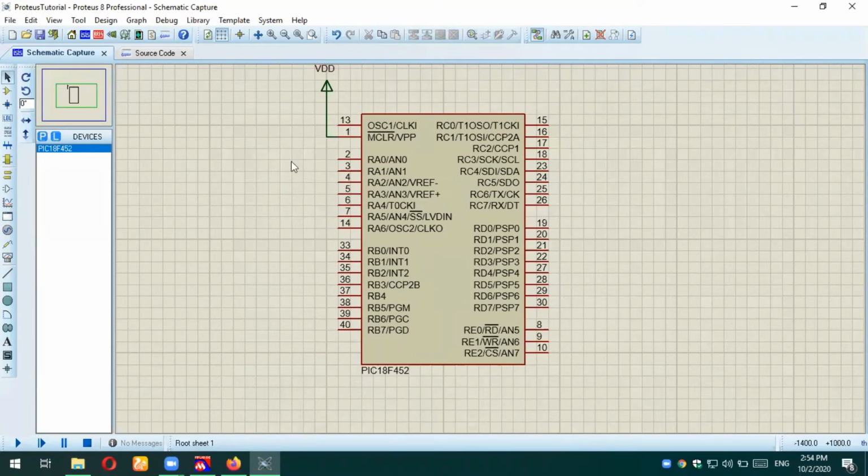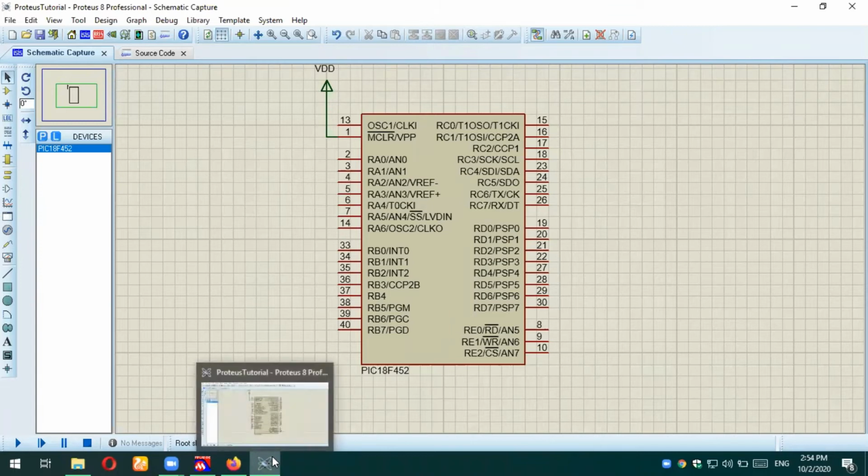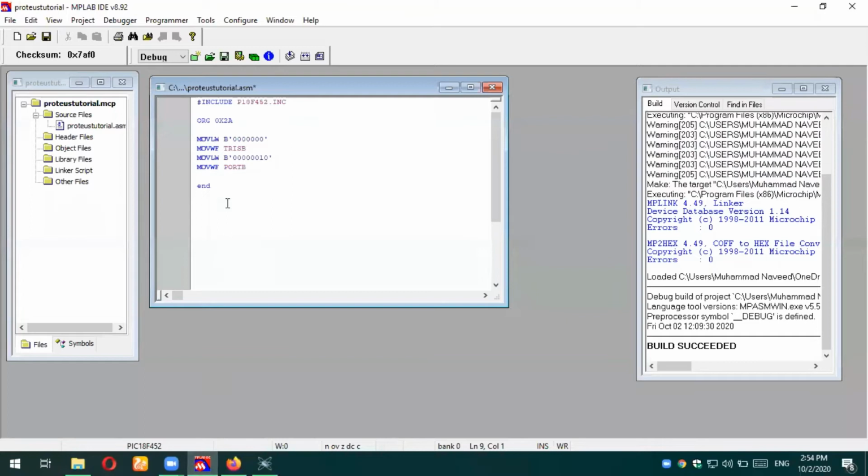Okay, before we further proceed in Proteus environment, first of all, we need to build our project in MPLAB. So I have already written the same code, which I have shown in that tutorial. I mentioned it earlier. Okay, so we have to change the code a bit here because we will put these two lines which will actually turn on the LED which is connected to RB1 pin in an infinite loop, and we will do it using unconditional branch.